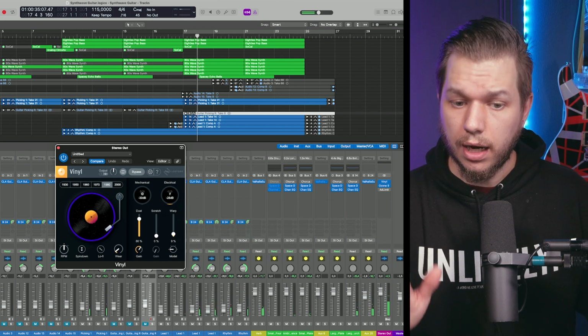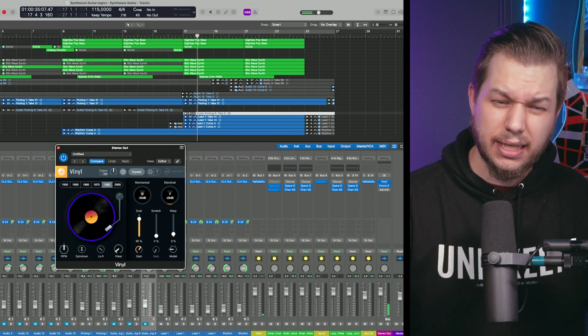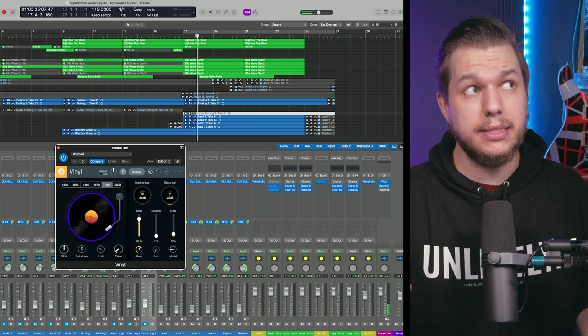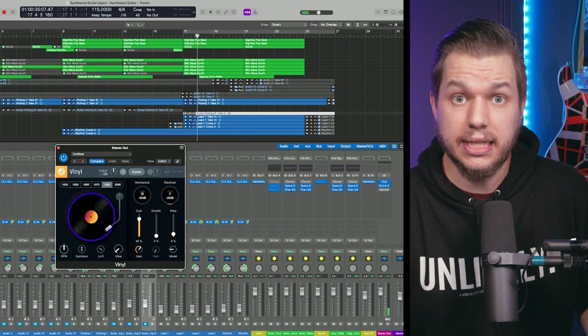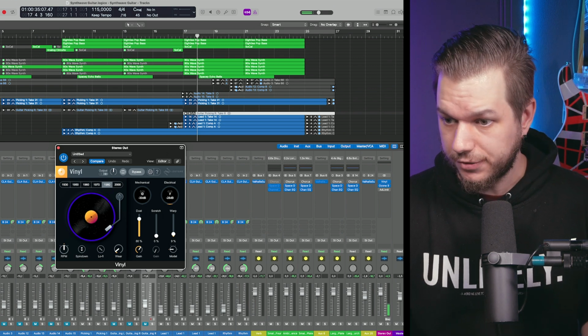As you can tell, it's cutting out some of the low end, brings everything a bit more together, maybe narrows the stereo field a little bit as well, and just makes it sound more old. That's exactly what we want to do here. We want to lead into that retro thing with a synthwave song.